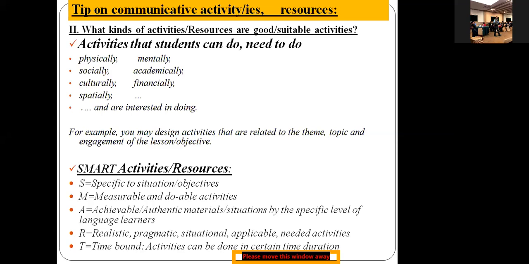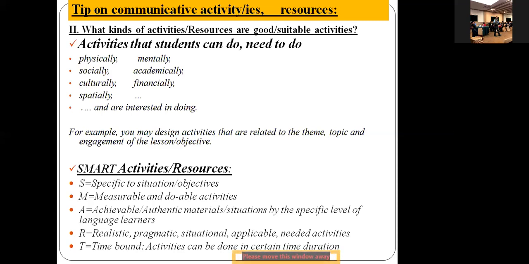And I also would like to stress that the activities should be SMART ones. S being specific to situation or objectives of whatever you are teaching, and should be measurable. As I said in the second slide, if I write my objective as "know", then I would not be able to measure. If I write "identify 5 or 4", then I can measure exactly what I'm going to measure. And achievable. If you are very much idealistic in writing the objectives, or